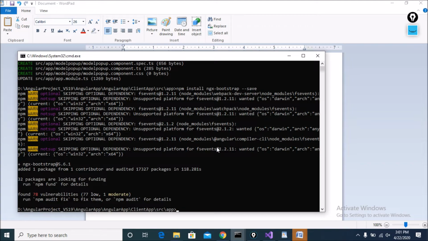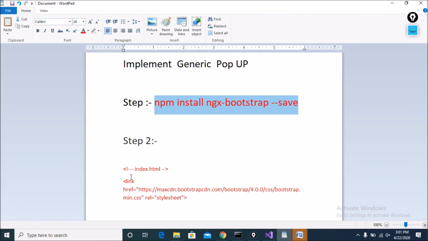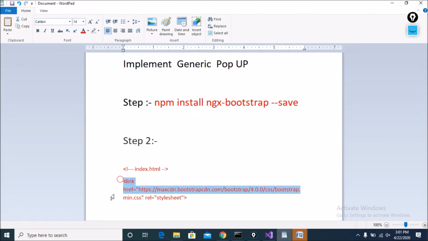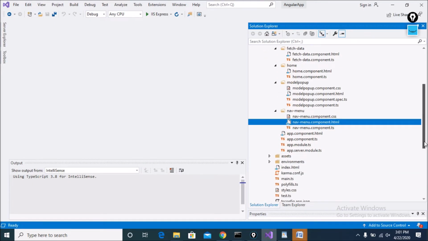You can see your package has been successfully installed, and one package was added. The next step is index.html: inside the index.html, copy this CSS part, and open your index.html.